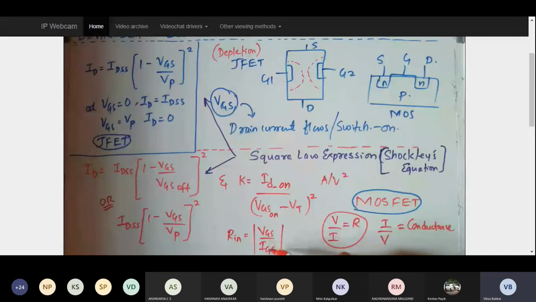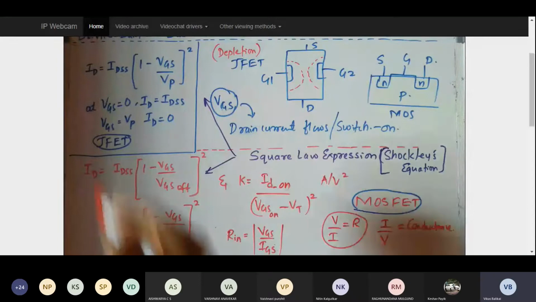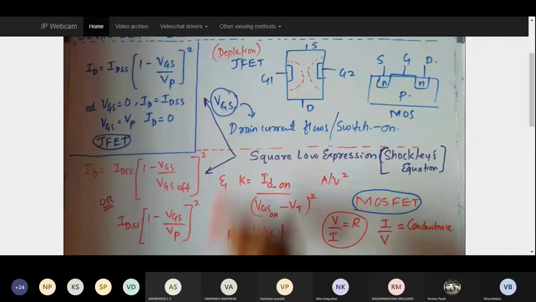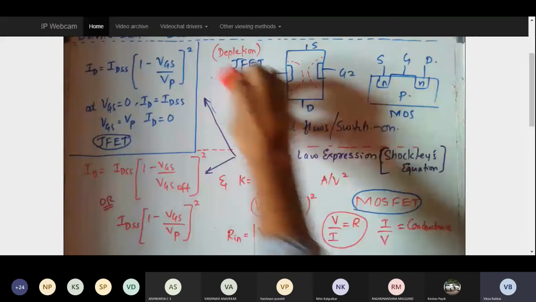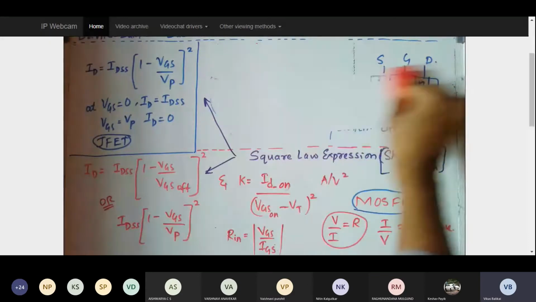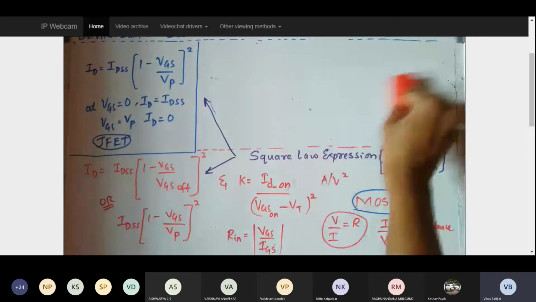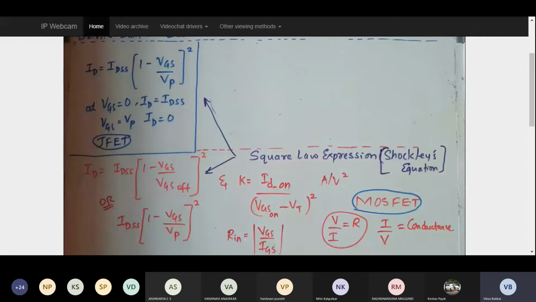So these are some of the square law expressions. Basically, for the square law expressions, you only need to remember the ID equation. If I can remember those things, then we can go into some of the numericals. So let us jump into the first numerical. I hope all of you have calculators with you, because I'm not going to solve them. They are very straightforward equations. Let us incorporate some of the values and figure out what the result will be.